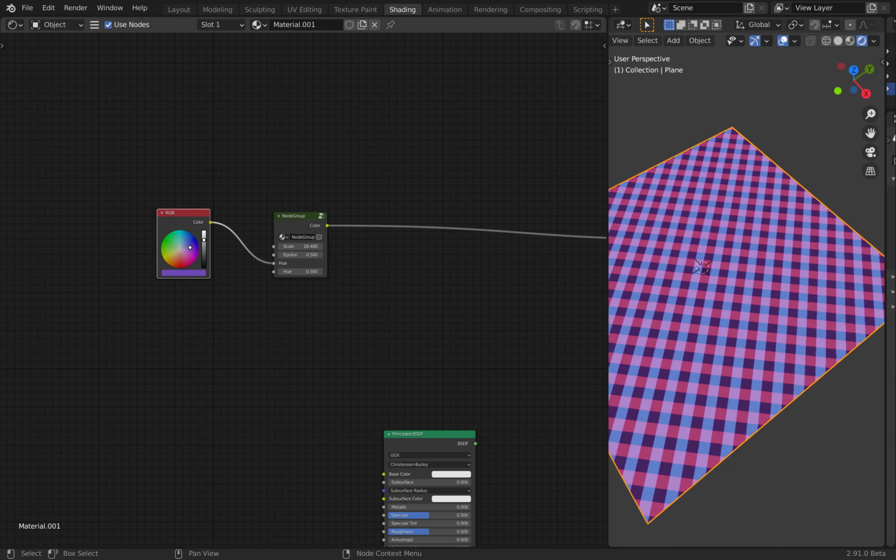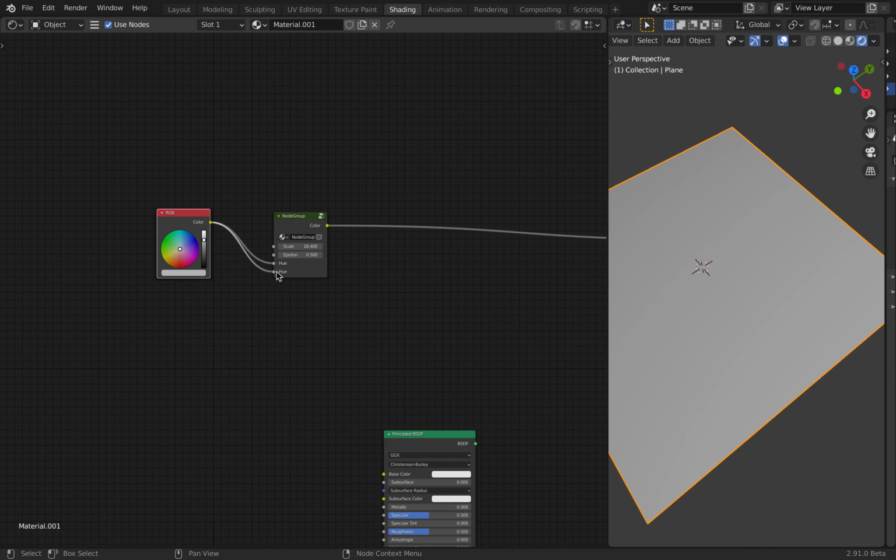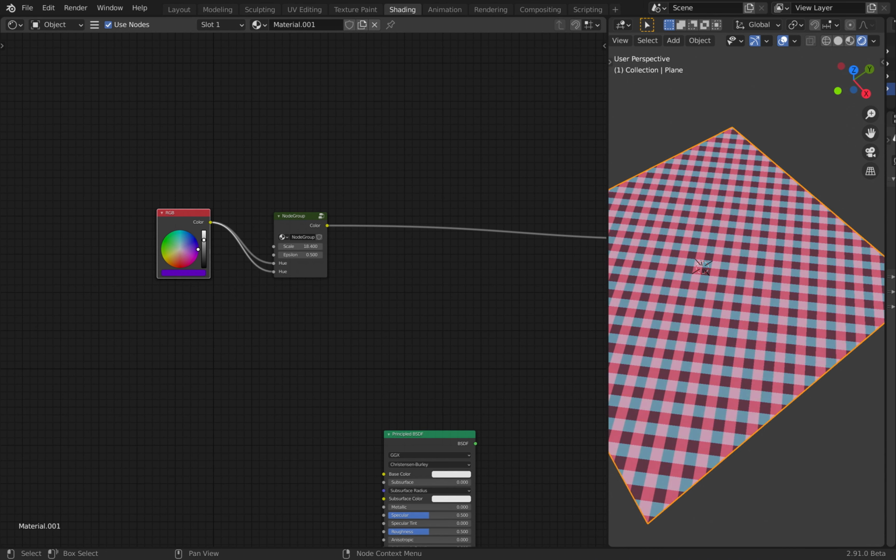So you have much more pinpoint control over these colors. I'm just going to leave it at default value. And one more thing you could do is, if you wanted to change them together, you could just connect the same thing into this, and that would change both the colors together.